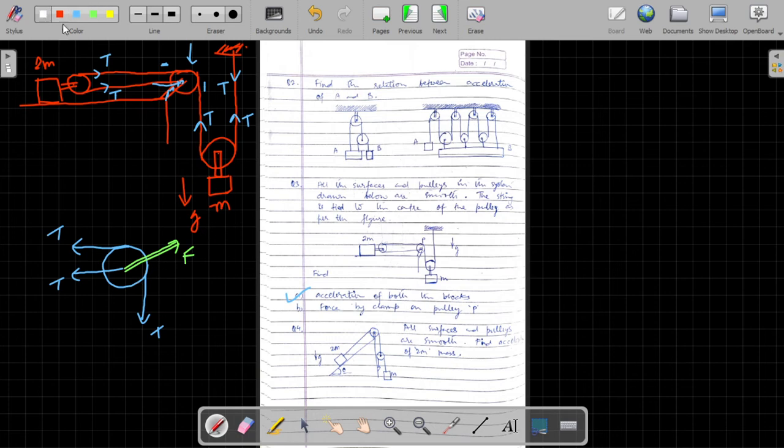So let us start with the points which we mark. So tension into the velocity of the point of contact of the pulley with the object. This object is not moving, it is the ceiling. So tension into 0. Next, the mass of this block is moving downwards, let's say with some acceleration a1, and let's say mass 2m is moving to the right with an acceleration a2.